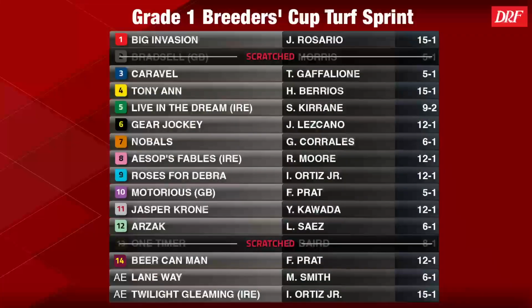Here's the field for the Breeders' Cup Turf Sprint. We got some scratches to announce. The number 2, Brad Sell, is out. The first also eligible in this race, One Timer, is out. That leaves Beer Can Man, the 14, in, but we're going to start things off with analyzing the pace situation,